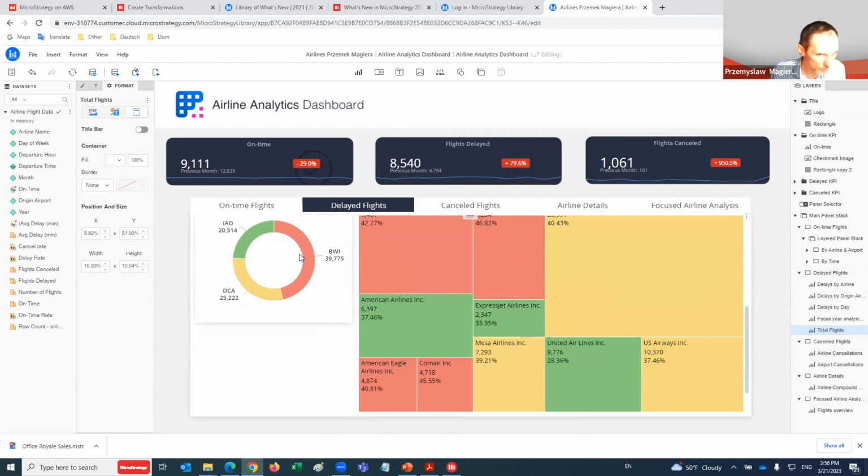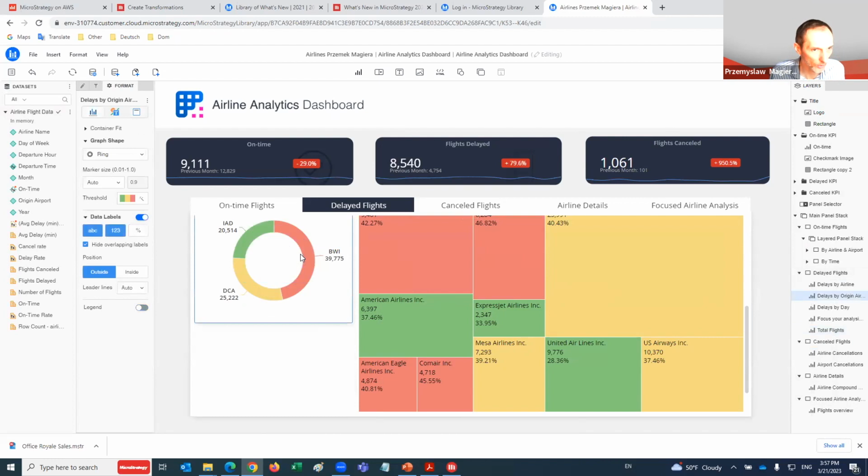So in order to see it now, we need to click on the ring chart and we need to specify the colors of the background here, right? So we need to go to the title and container